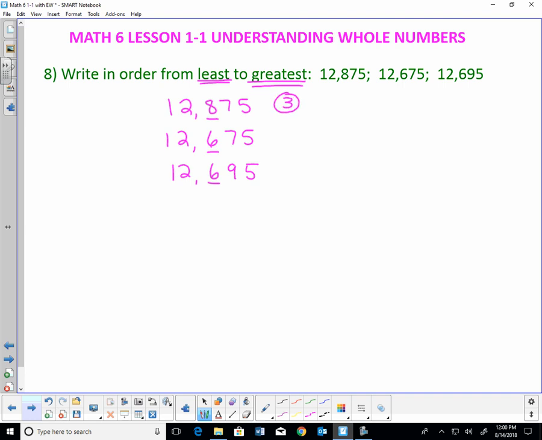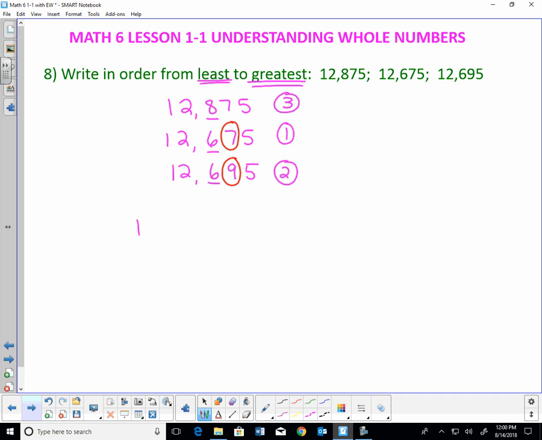Then to compare the other two, I take 12,675, 12,695. We're going to now compare the tens place. I have a 7 and a 9. 7 is smaller than 9, so 12,675 would be the smallest number. 12,695 would be the second smallest number. So putting these in order from smallest to largest would go